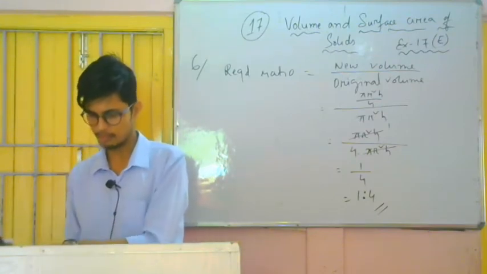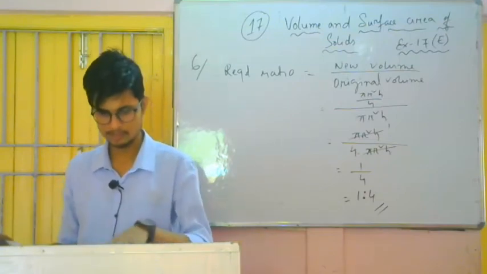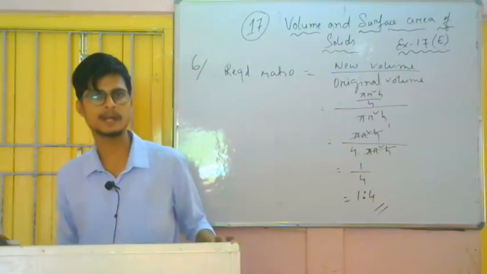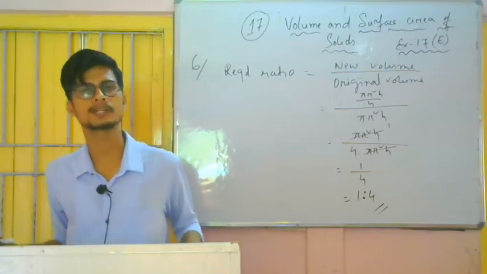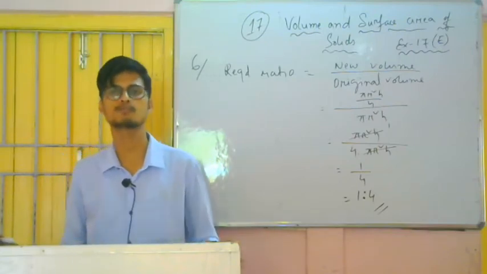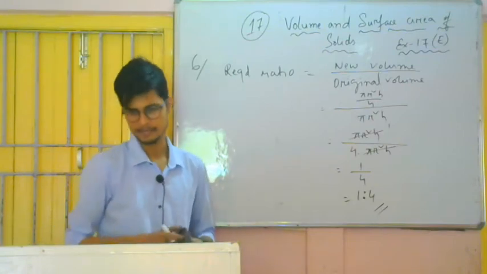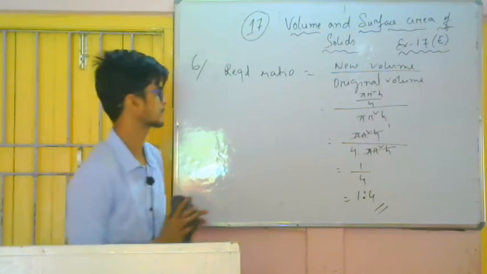First of all, we have to calculate this. You see here radius is given. First of all, we will find the height, and if I find the height, then I can put it in the formula for curved surface area. We know it is 2 pi RH. So simply I will put the values and find the answer. And if I find the total curved surface area, then I can easily find the cost.